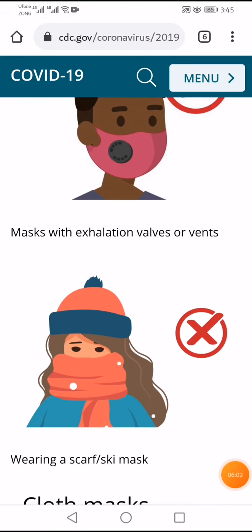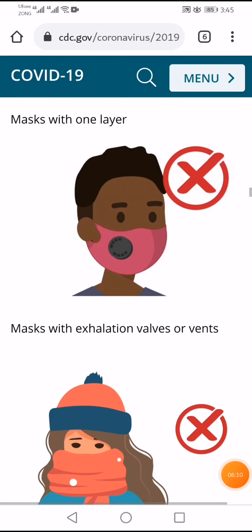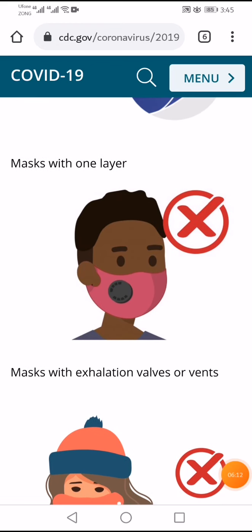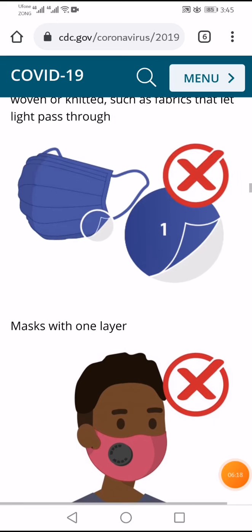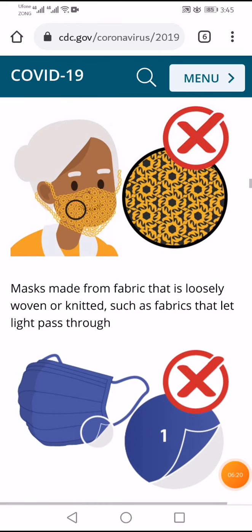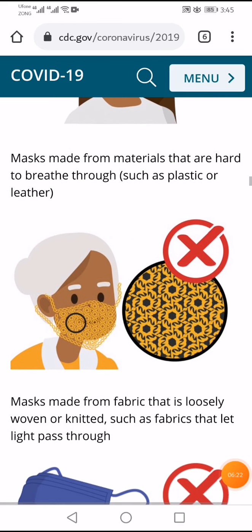Now let us conclude this video with the remark that wearing a mask is useful to avoid diseases such as COVID-19, as this is a unique disease and the world has never seen such a disaster. But to keep yourself and your family safe from COVID-19, please wear masks and be safe.